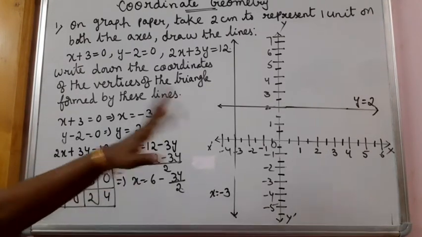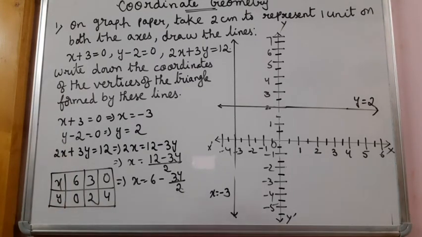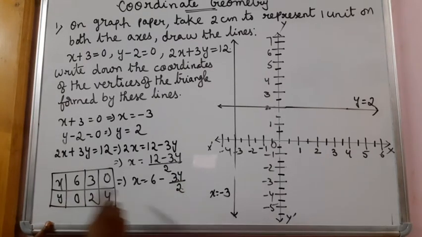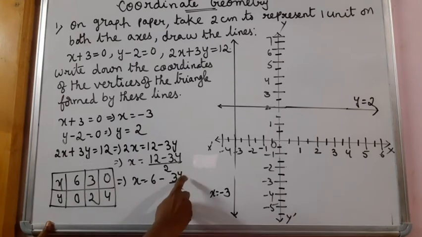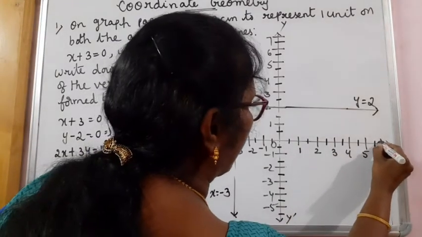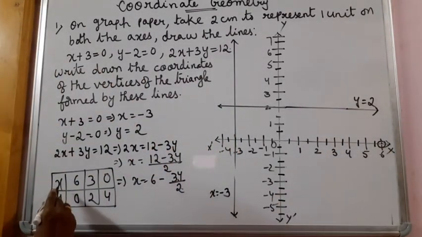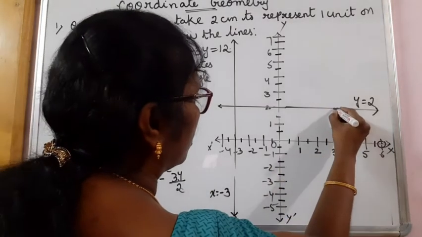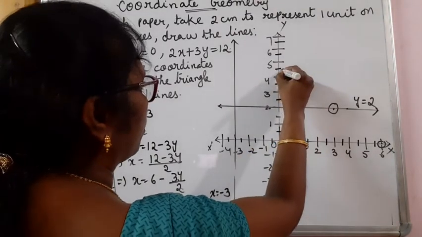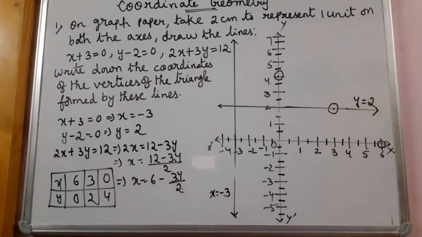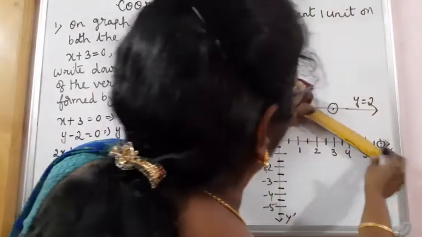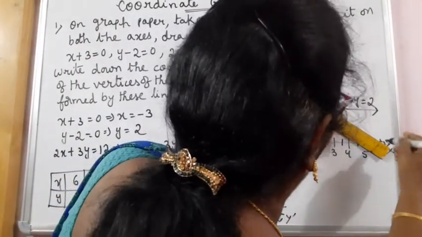Now these points, let us plot them. So x is 6, y 0. Clear? I hope I have done correctly. If y equal to 0, x is 6. If y equal to 2, x is 3. If y equal to 4, x is 0. Now y is 0, that means the point lies on the x-axis. I am plotting a point and making it round. 3, 2. Then 0, 4. So I have plotted these 3 points. Now let me join these points. So this is the graph of that equation.